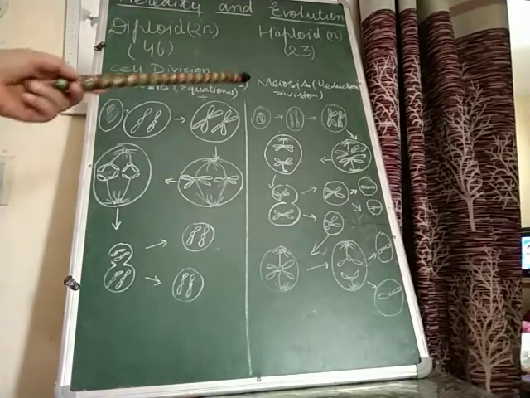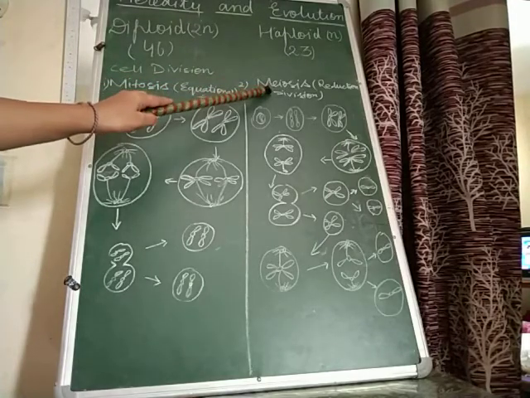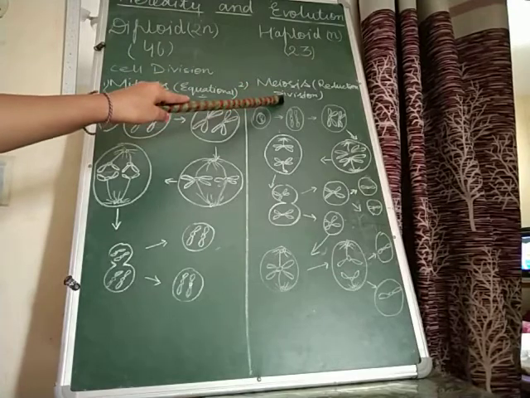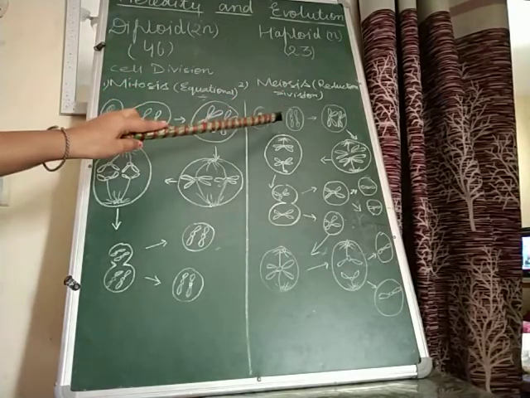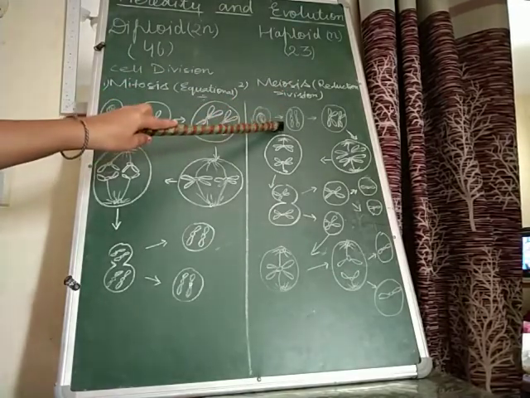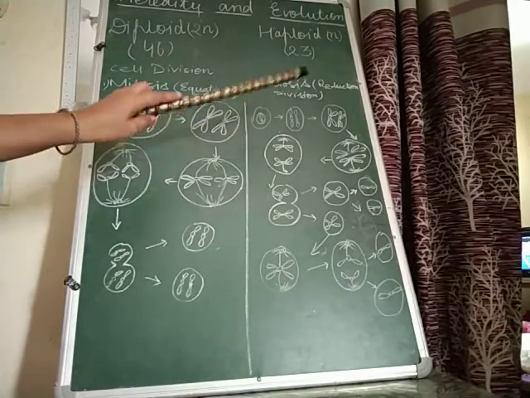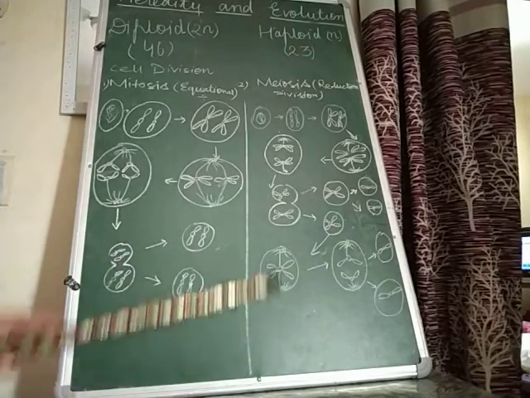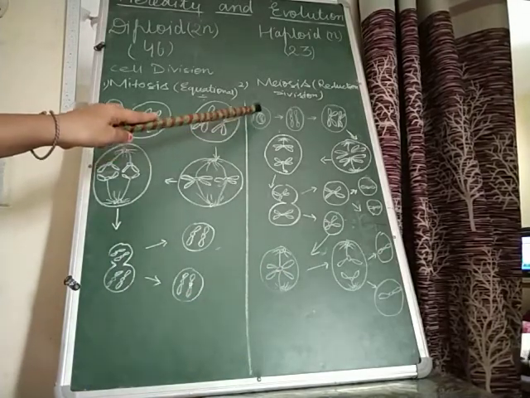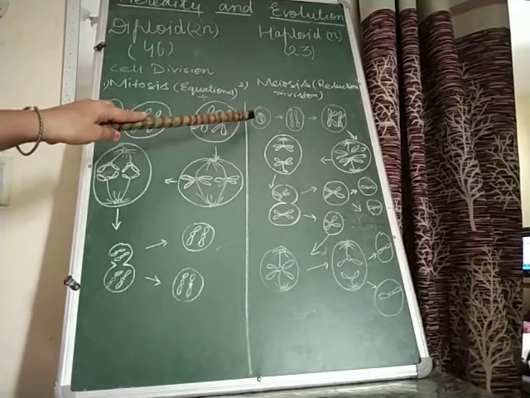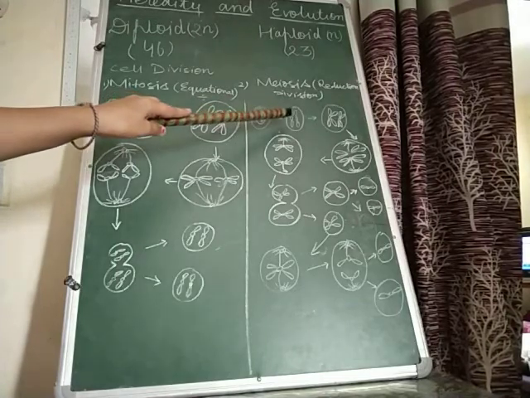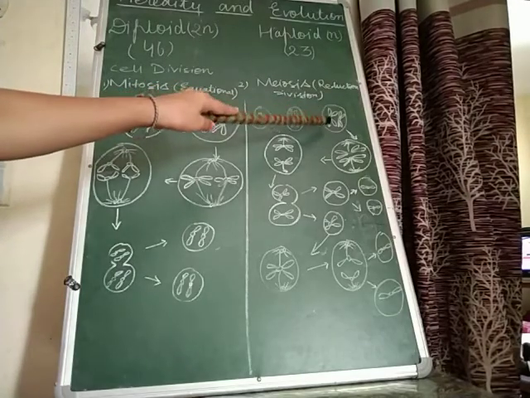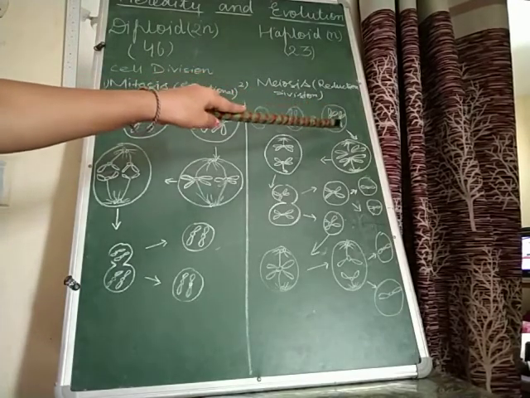Now if you see meiosis, the division is also known as the reduction division. Why reduction division? Because initially the number of chromosomes we are taking is 2. At the end of the cell division we get 1 chromosome in the cell. Now you can see the genetic material is present in the chromatin material, it gets condensed to form the chromosomes, and replication of the genetic material takes place. The replicated genetic material is there.